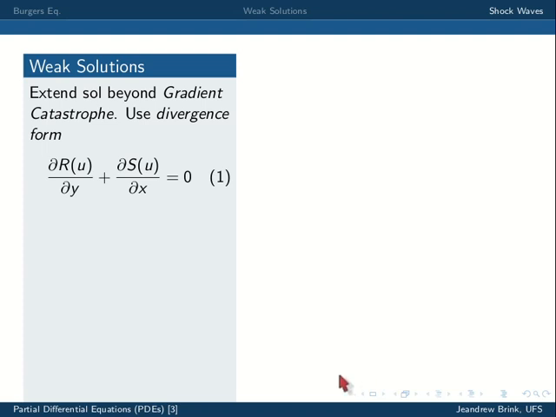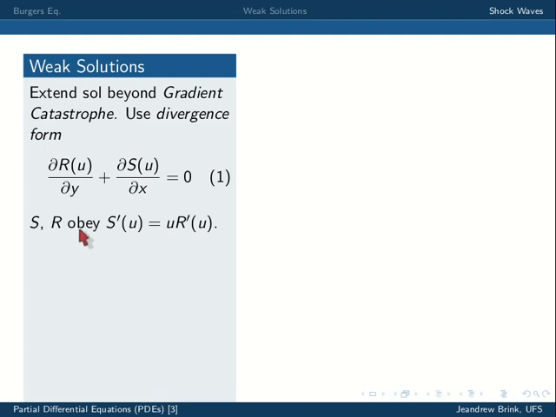I'll call it divergence form. Suppose I have one function of u, and u is obviously a function of x and y. I call it r, and I have the property that the partial derivative of r of u with respect to y, plus some other function s of u, its partial derivative with respect to x. Sorry, that's x, not y. If that is equal to 0,